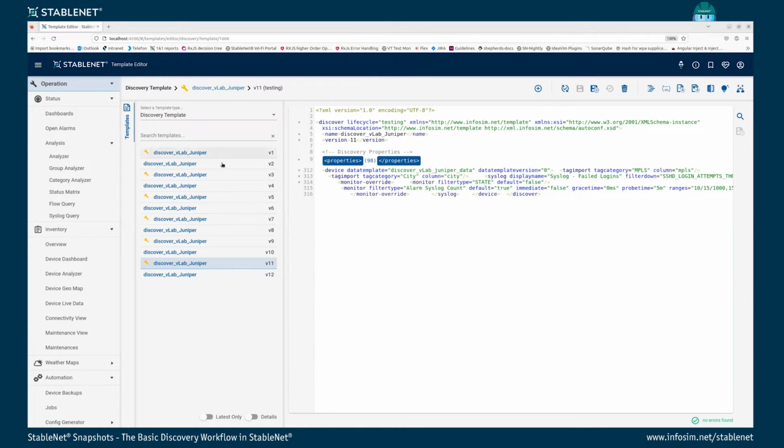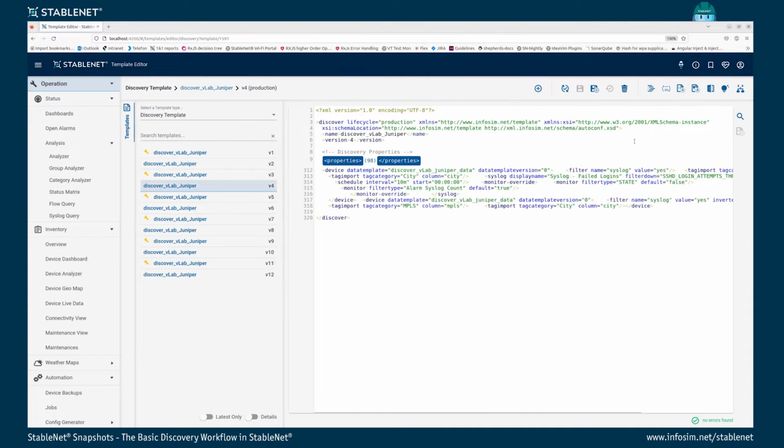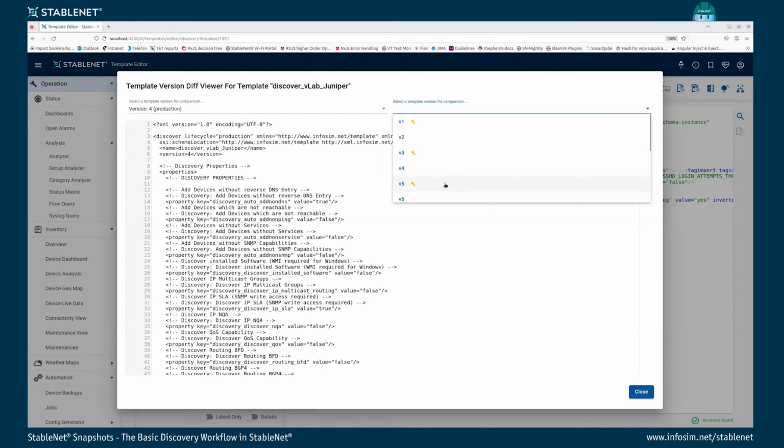So apparently my colleague thought a couple of times that he would have the perfect version and released templates, only to recognize that they were still wrong. So the template editor itself also offers the tools that we need to make use of the history that we have stored. For example, I can have a look at version 4 and say, let's see the difference that came with version 5,